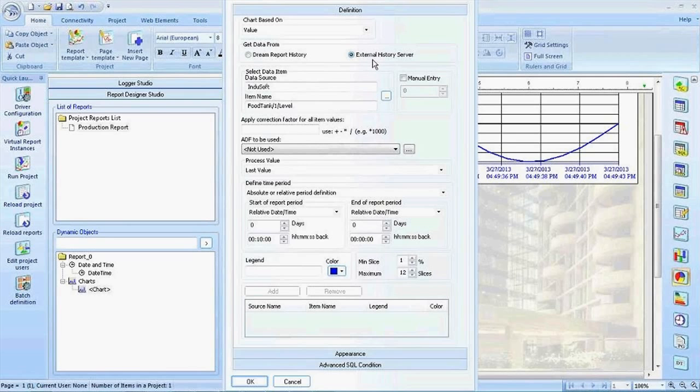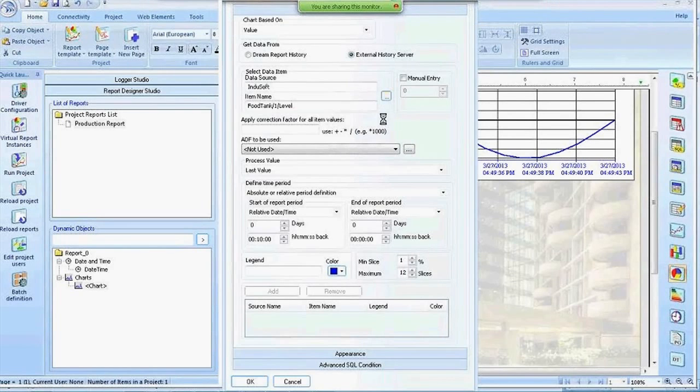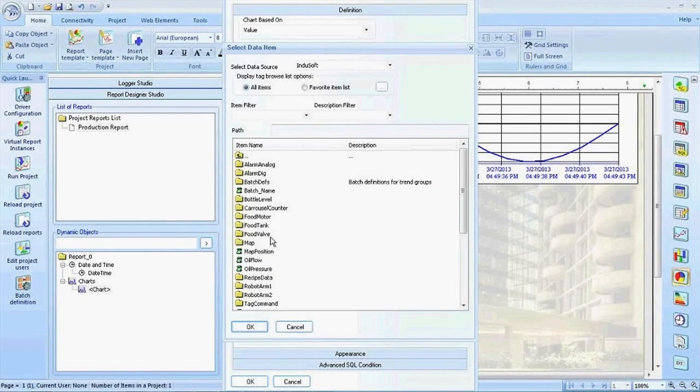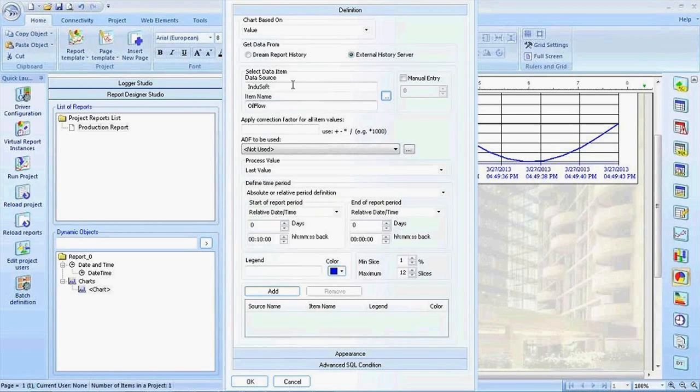We'll go in and grab this data source here, or this data item, click on the ellipsis, and then we'll grab this. So this comes up here, and maybe the first thing that we grab is oil flow. I'll click on OK. And now that I have oil flow in here, maybe I want this to show up in green, and I'll add this to the list, and then I'll go pick another item,